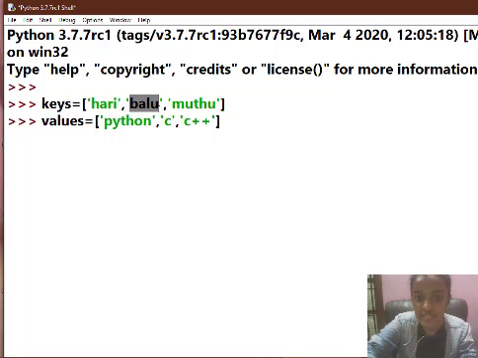And for the second key Balu, we have assigned a value C, which means Balu loves to learn C programming language. And for the third key Muthu, we have assigned a value which is C++, which means Muthu loves to learn C++.